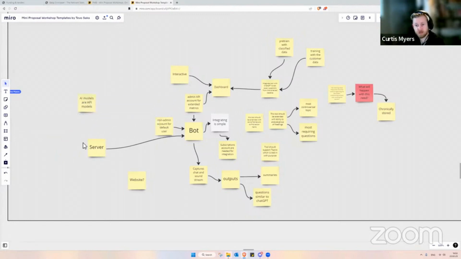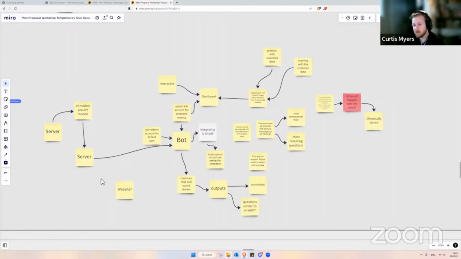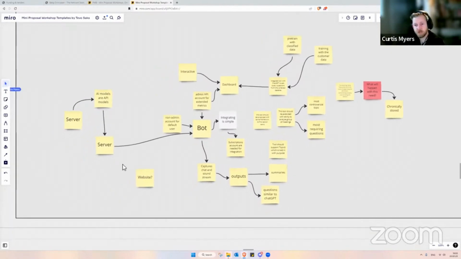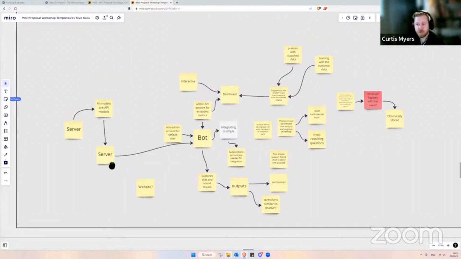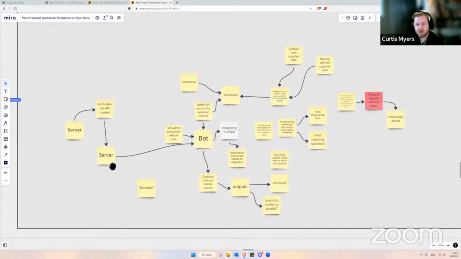In at least 50% of cases we want to fine-tune the models. So we take the pre-trained models, fine-tune them, and then host them ourselves. We're still making an API call, but essentially to ourselves. So we manage the back end and the end-to-end.